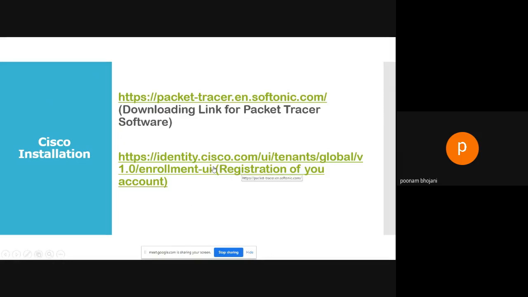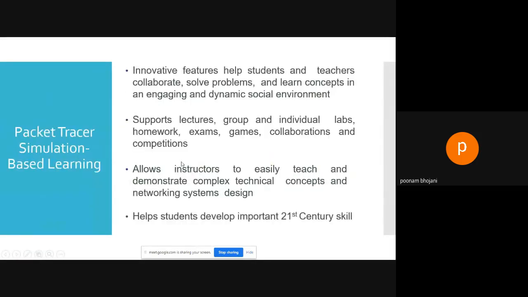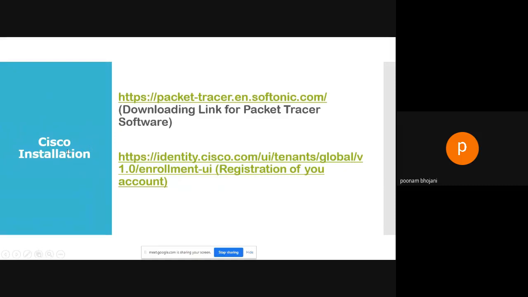Okay, so you have to do your registration on this website given. This website is given in that term work PPT also, right? You can directly go to this website and register yourself, sign up for your account. After signing up, whenever you open that tool that you have installed on your laptop or computer, it will ask you to do this NetAcad login. So you have to type your user ID and password, whatever you have used here, and then you can use that tool now.